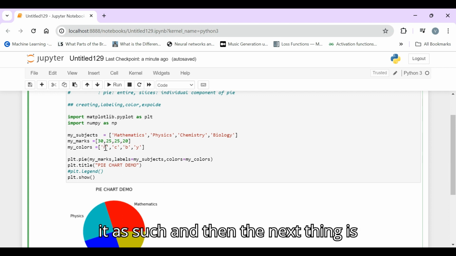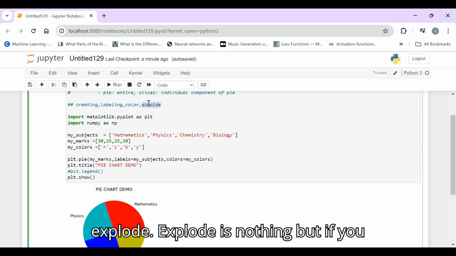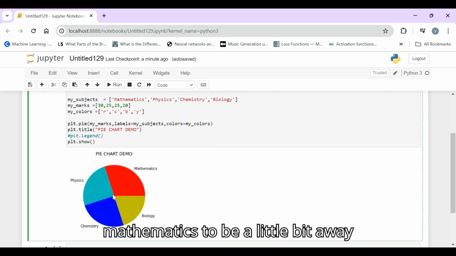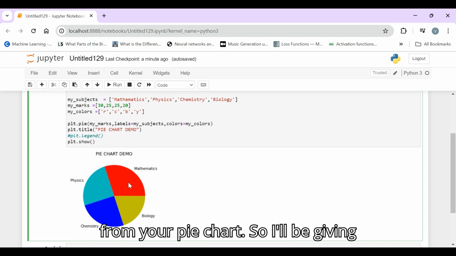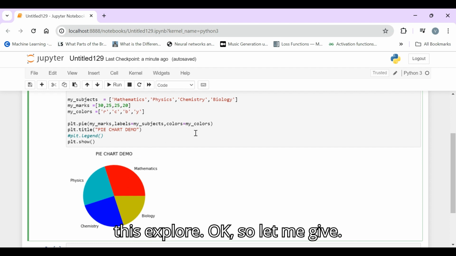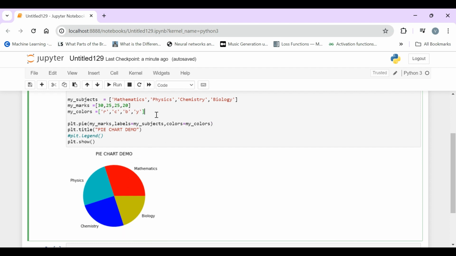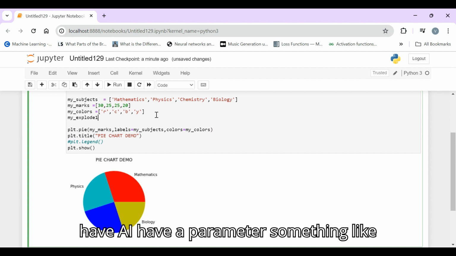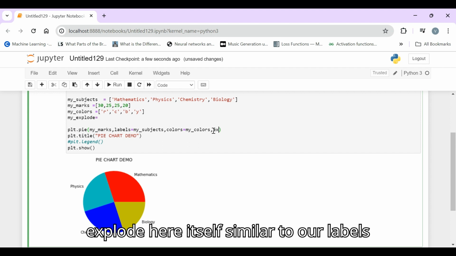And then the next thing is explode. Explode is nothing but if you want this particular segment of mathematics to be a little bit away from your pie chart. First, I have a parameter explode here itself, similar to our labels and colors.